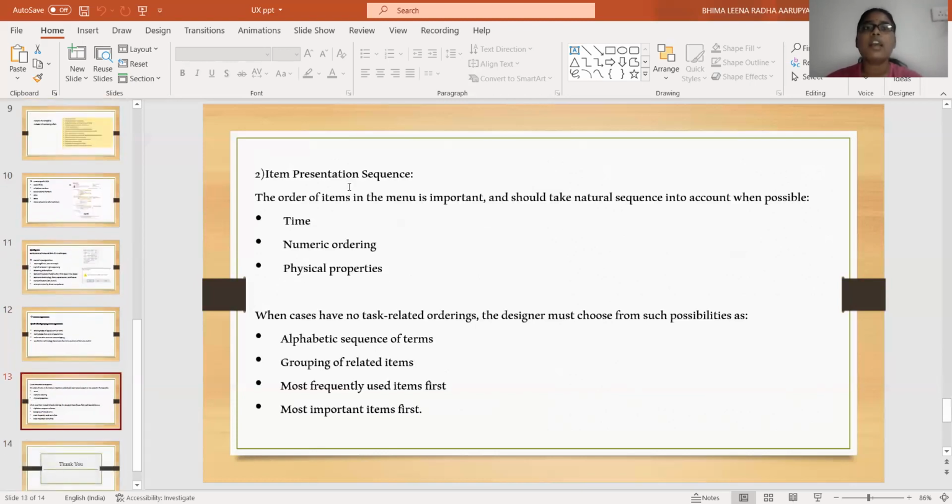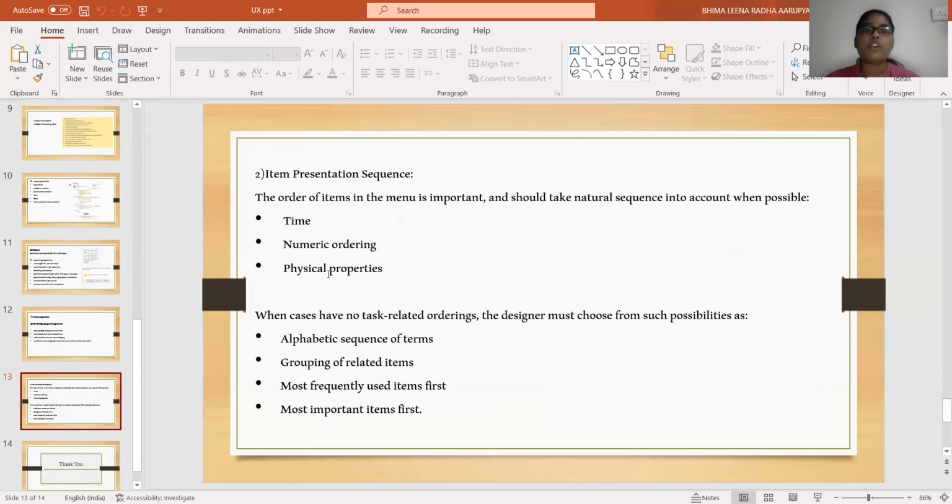And the second one is item presentation sequence. The order of items in the menu is important and should take natural sequence into account when possible, like timing, numeric ordering, physical properties. All this comes under item presentation sequence.